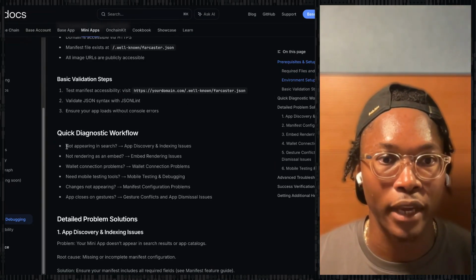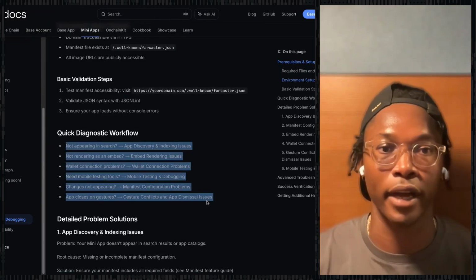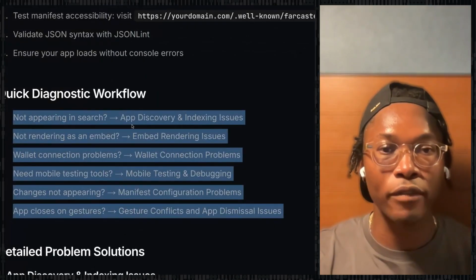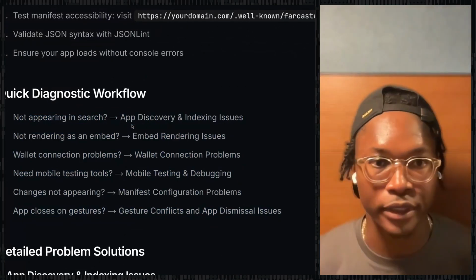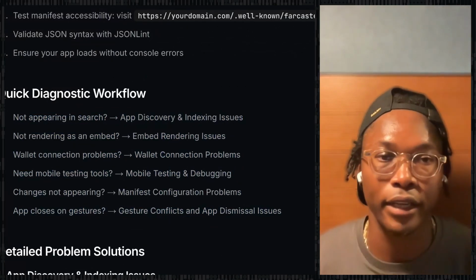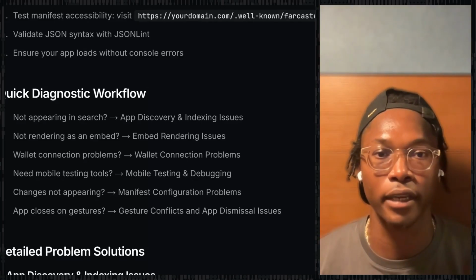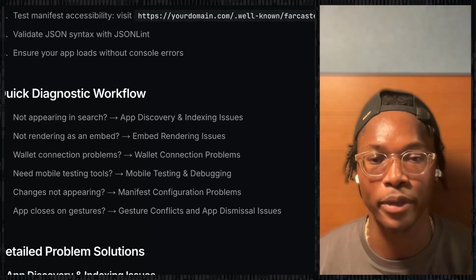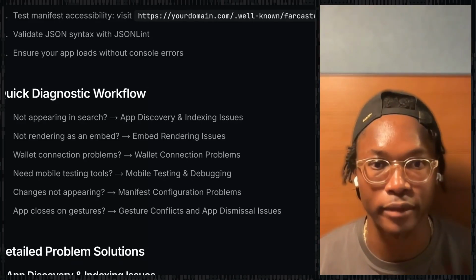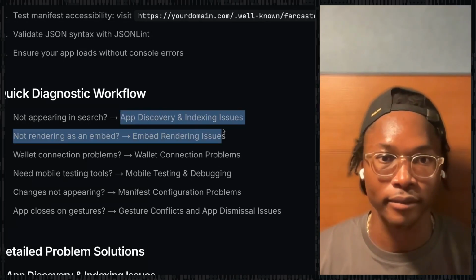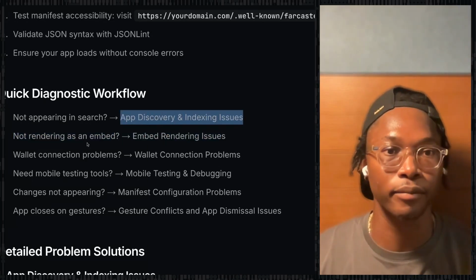Here is a quick check. Whatever your issue is, for example, I tried searching for my app in Farcaster and I don't see it, head over to the discovery and indexing section.